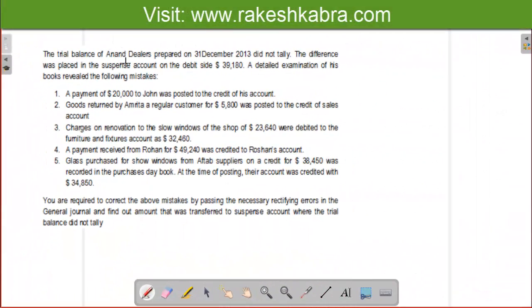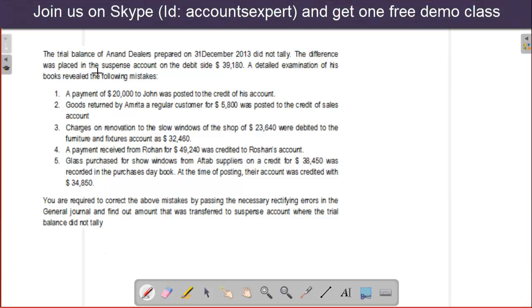See, the trial balance of Anand dealers prepared on 31st December 2013 did not tally. It means they prepared the trial balance and the totals are not coming the same. The total of the trial balance disagrees. The difference was placed in the suspense account on the debit side,